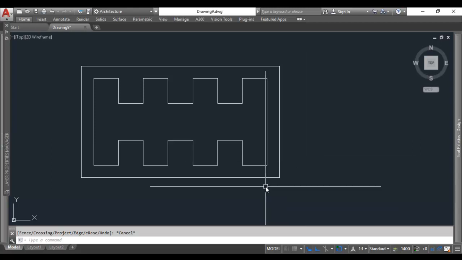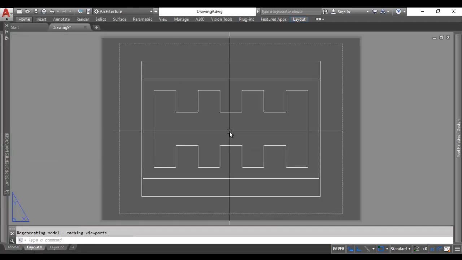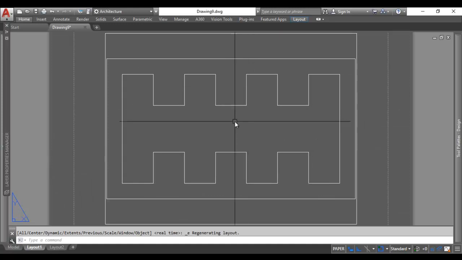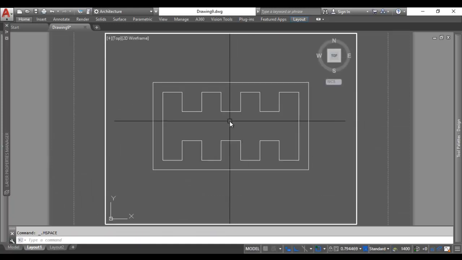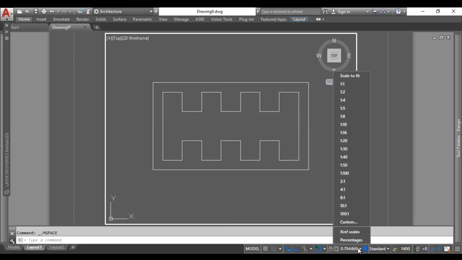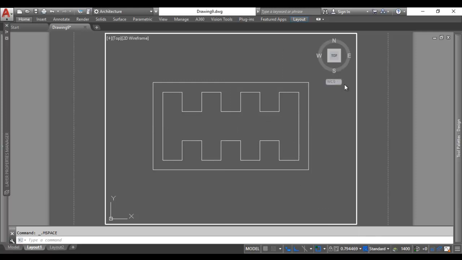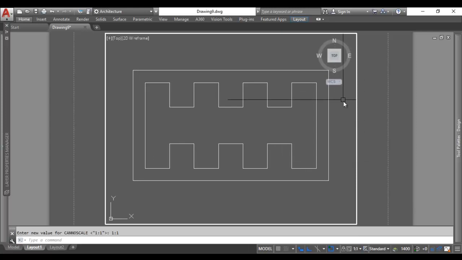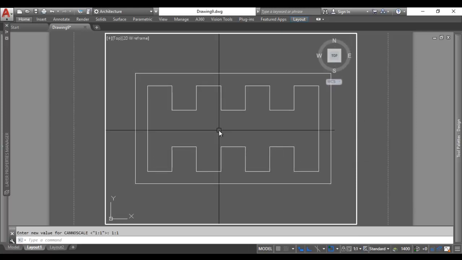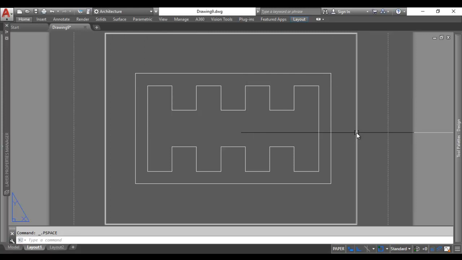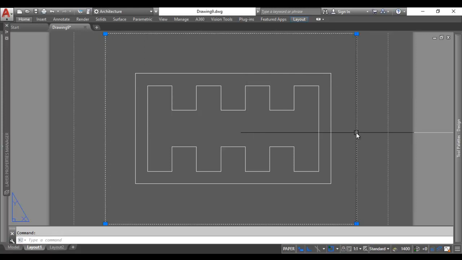although it's a good idea to get in the habit of using paper space. So maybe we'll go to the layout tab and we'll leave it preset to this 8.5 by 11. But if we double click to activate the viewport, we can zoom out, maybe play around with some scale. If we pick down here, we could do 1:1 scale, that's life size. Kind of put it in the middle of the viewport, double click,